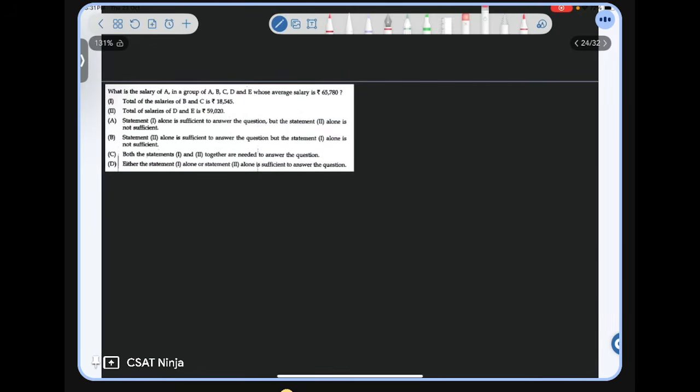What is the salary of A? We are asked to find the salary of A in a group of A, B, C, D, E, whose average salary is given. What is given here? In our question, the average salary of how many people is given? A, B, C, D, E. 5 people is given as